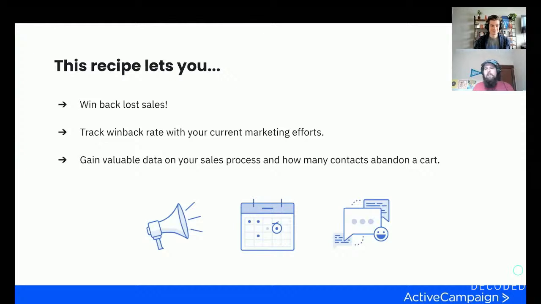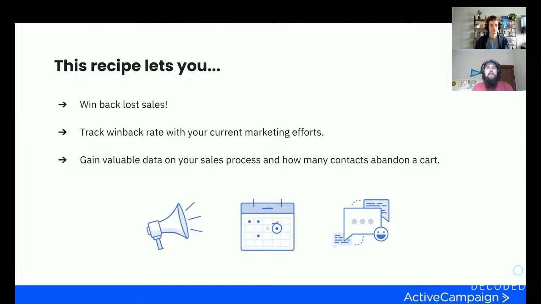Of course. Ernie, as you just said, we cannot overstate. You'll just win back those lost sales by just, you don't have to do a crazy offer. You don't have to say, buy it right now or it won't be there. A lot of times you just have to do a gentle reminder and you'll see significant increases. Also, some more holistic things that we like to look at with this is you can track your win back rate with your current marketing efforts. You can A/B test this. Look at, should it be a more transactional email? Should it follow your marketing voice that they might be seeing through your other emails?